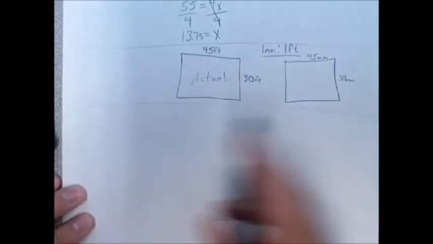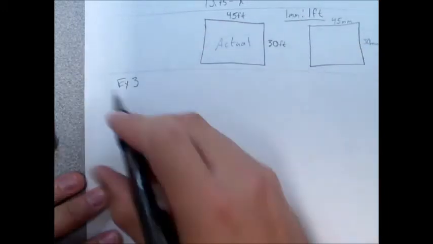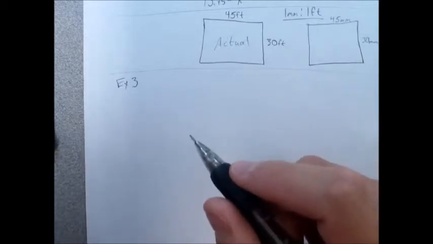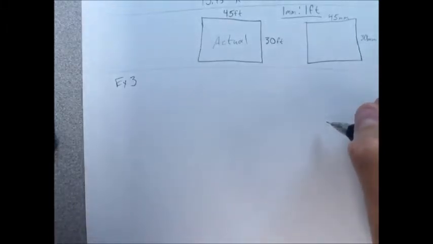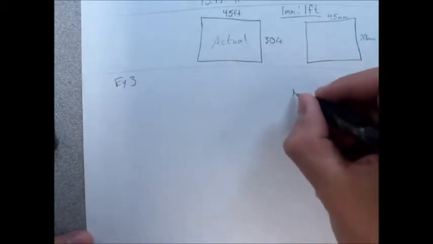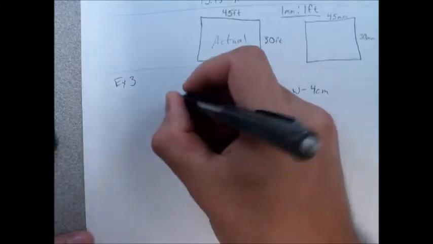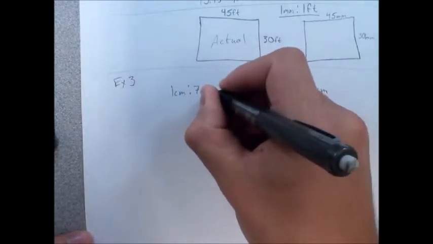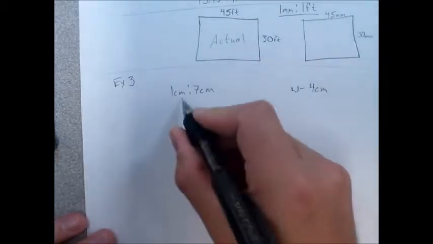So let's do the example that they gave us. Example 3 will be using an application of scale drawing. It says a desk is designed to have 3 drawers on the right side. In the scale design drawing, the width of the drawers is 4 centimeters. So make a little note, width is 4 centimeters. If the scale of the drawing is 1 centimeter is in reality 7 centimeters, then how wide will the actual desk drawers be? So I take my scale factor, which is 1 to 7,